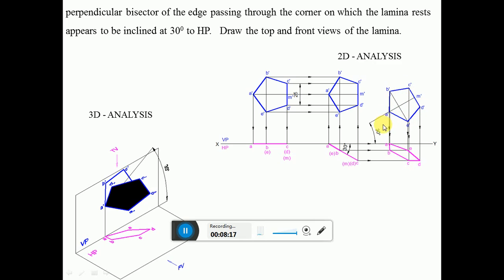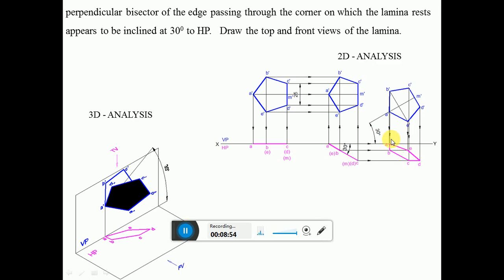Then project from A dash a vertical projector to A on the XY line, because A is on the XY line. So you get this point. Similarly draw a vertical projector from B dash and E dash and a horizontal projector from B and E to get these points B and E here. Similarly draw a vertical projector from C dash and D dash and a horizontal projector from C and D to get these two points. For this you need not project M dash, which is not required as the perpendicular bisector is always imaginary. So you are going to get the pentagon.